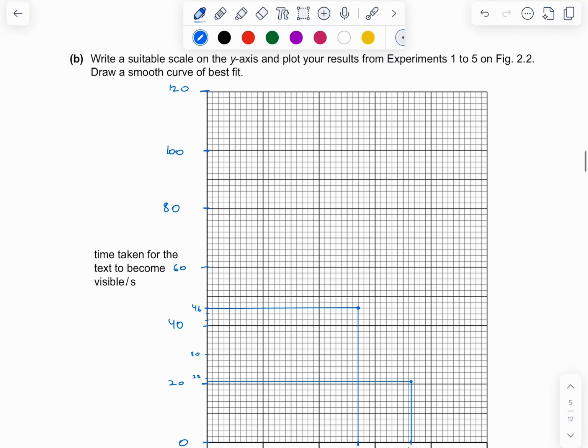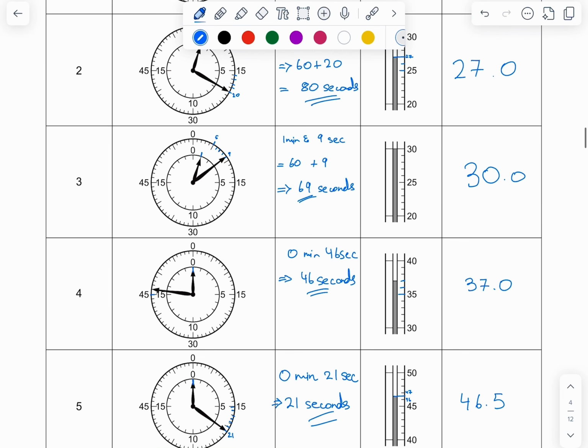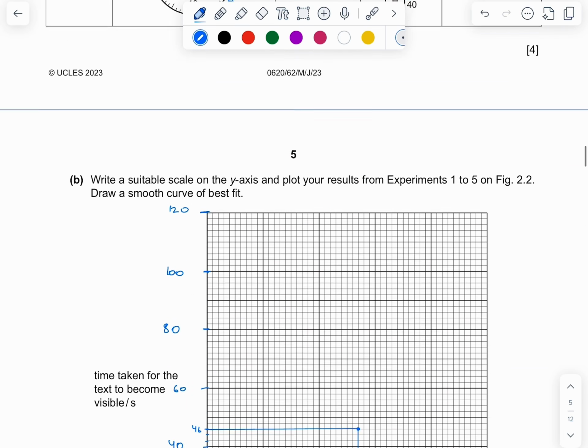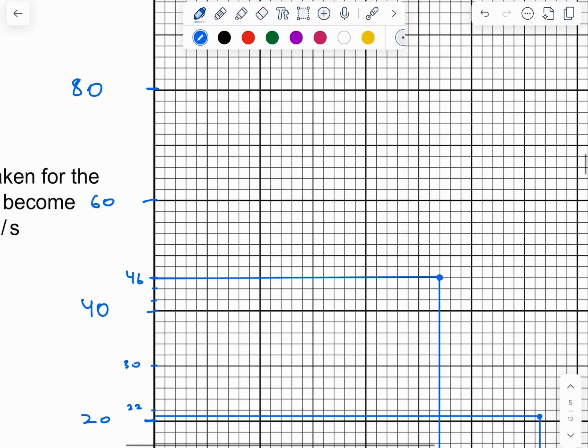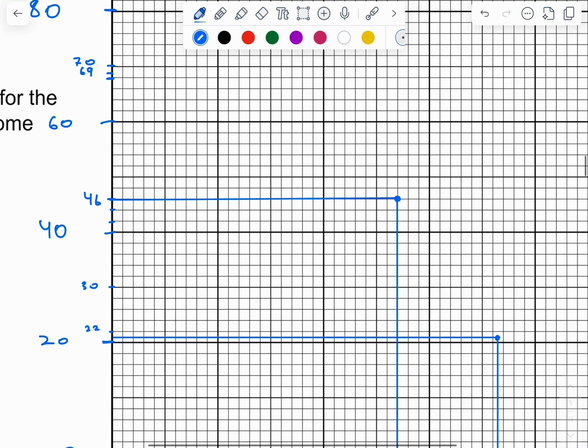Okay, next we have 69 seconds and 30 degrees Celsius temperature. Alright, so 69, that is 70, right? So 69 would be right below 70, because just beneath the 70 box, this one would be 68, right? So every small box is basically 2 seconds. So 69 would be in the middle of a small box, right?